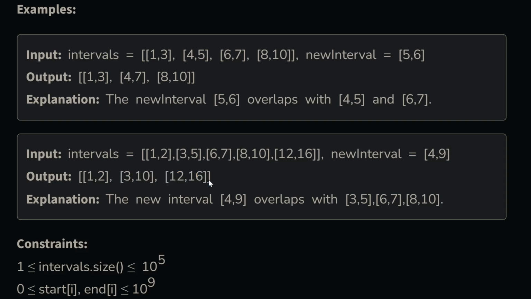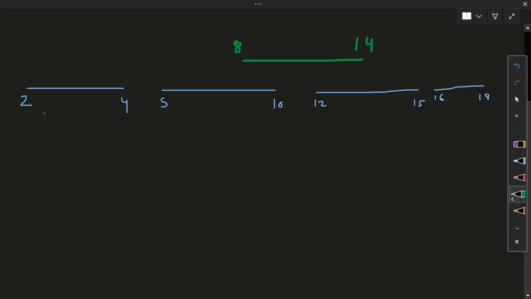So let's try to build the approach. I have taken these intervals, we have 3 intervals only, and this is the new interval. We want to add this. How do we detect? First we run a for loop, then we will check, is it overlapping? Is our new interval overlapping this? How do we detect if this is overlapping or not? We just have to check